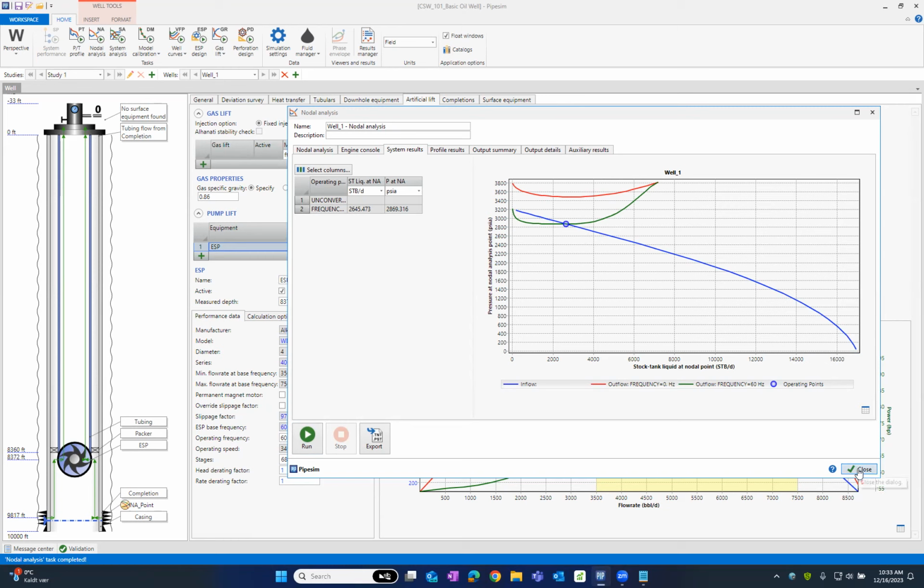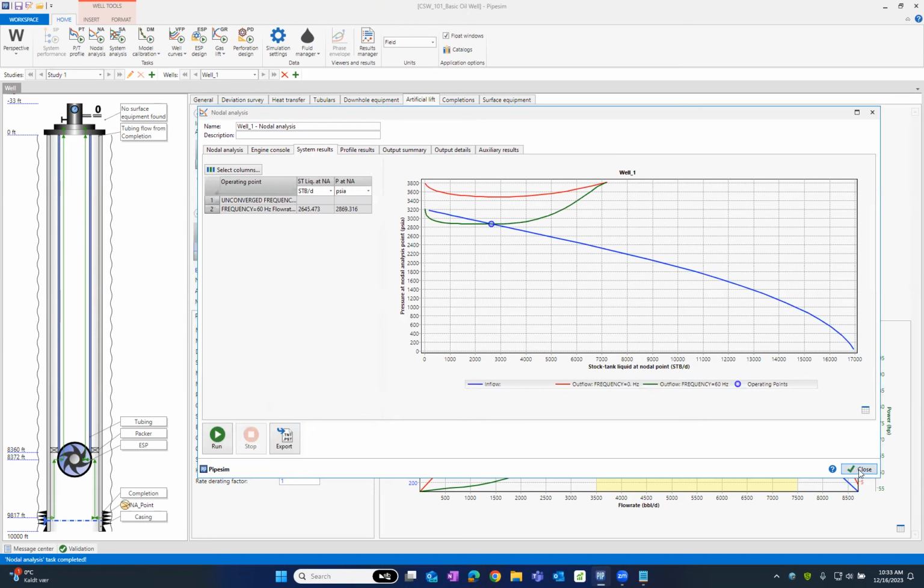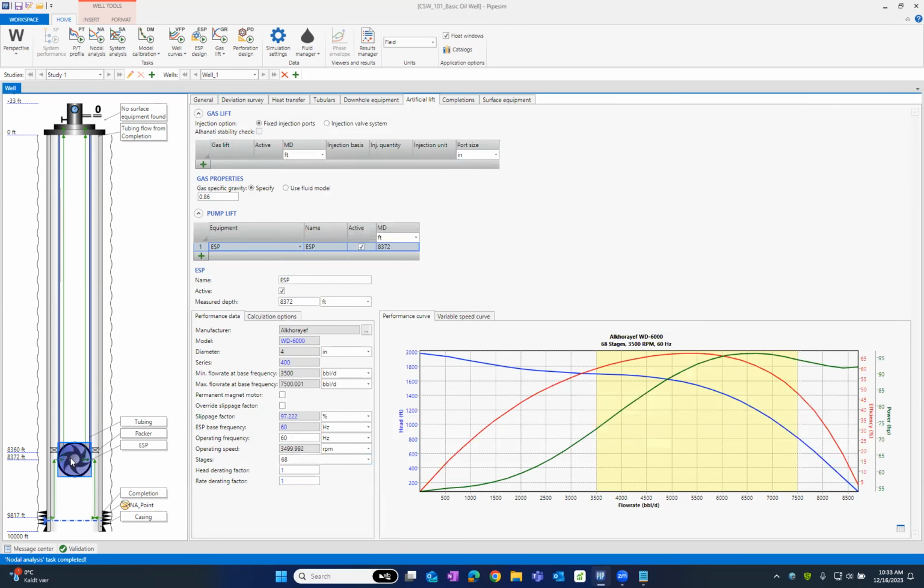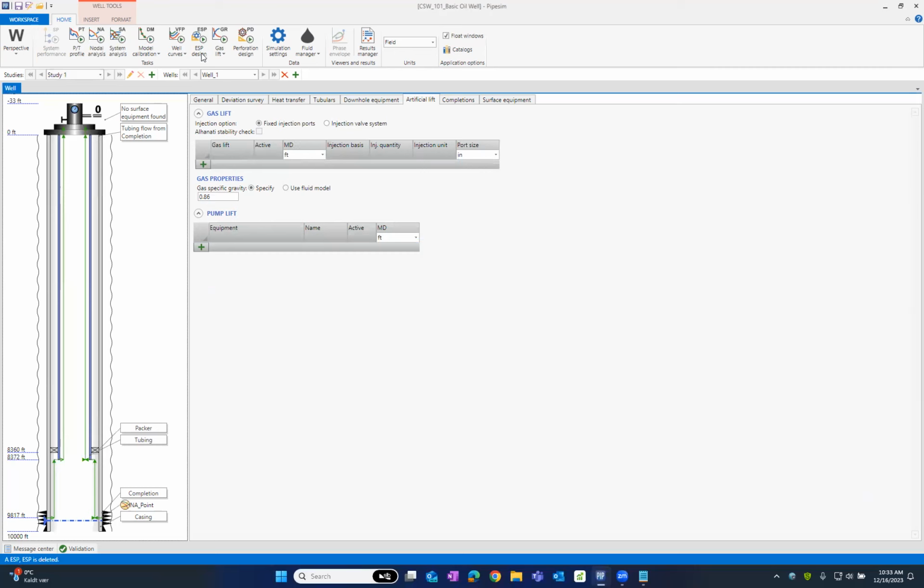However, there is also a way to design an ESP and select the best based on the catalog. So let's do that. I'm going now to go to the ESP and delete it. And let's go to the ESP design. Here, there is a task called ESP design. When I click on that,